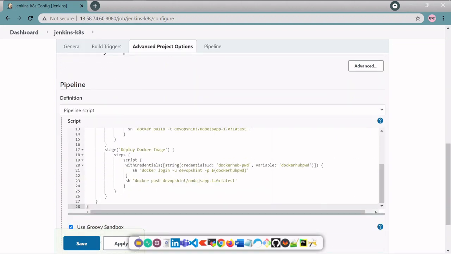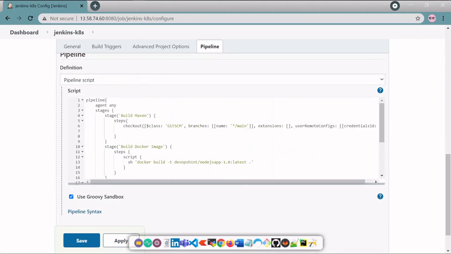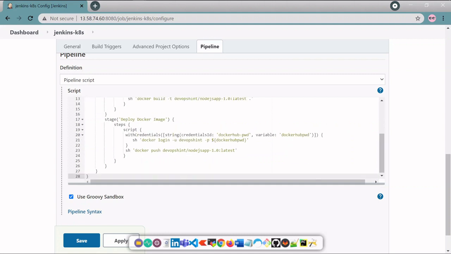In earlier videos we have built a Docker image and pushed it to the Docker repository. You can see that video; I will give the link in the description box, on how to build a Docker image and push it to the Docker Hub repository.